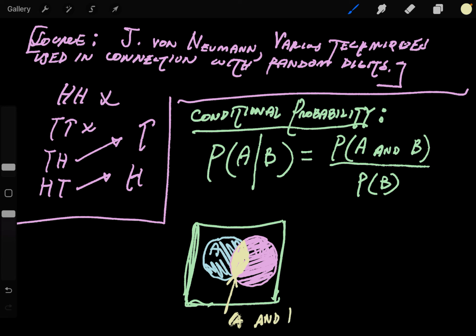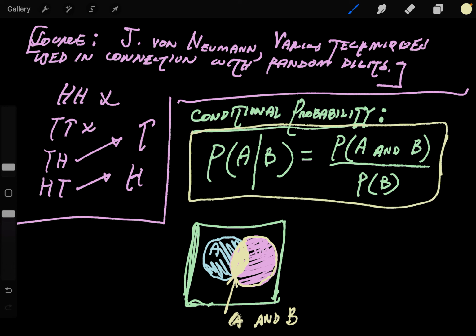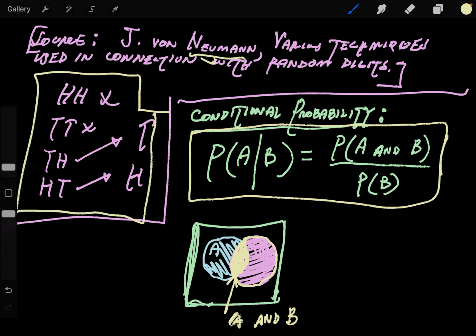A and B over the probability of B, which is just this region here, that circle. And that's sort of justifying this formula. It's a basic rule of classical probability. And with this fact, we can actually justify and see how it is that the solution that Newman proposes